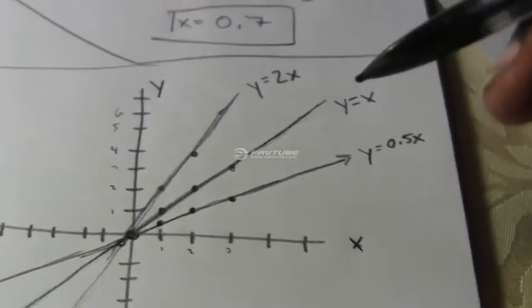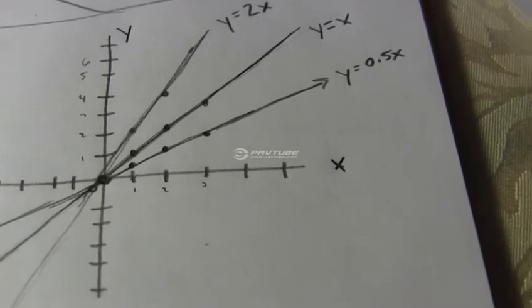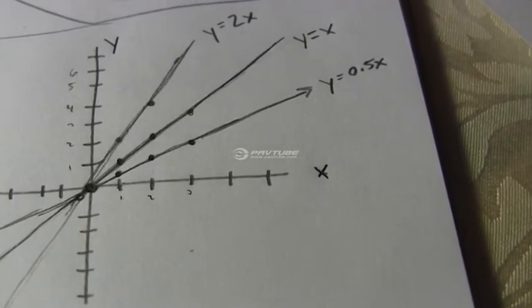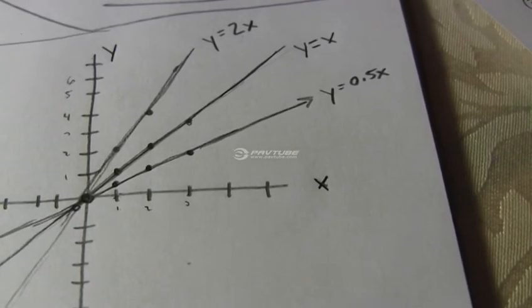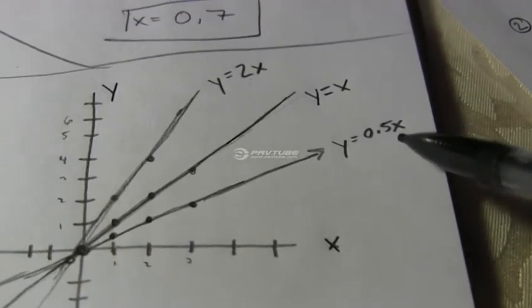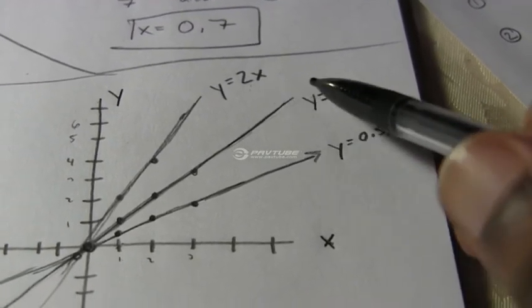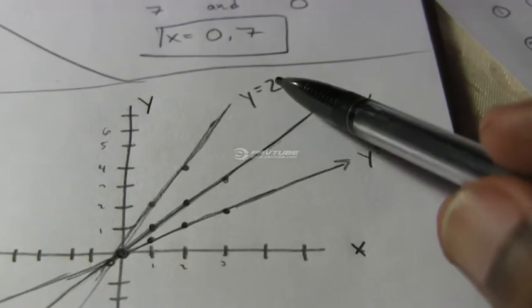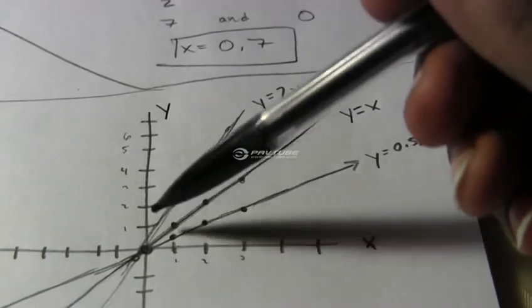You might think about it like climbing a hill, where they tell you the grade. If it's a 4% grade or a 5% grade, it means the hill is steeper, the mountain is steeper. A 1% or 0.5% grade is a less steep hill. So you look at this and say, okay, 0.5 is my grade, it's less steep. 1 is my grade, a little bit more steep than this one. 2 is way steeper. 10, and like I said, you keep going up. 3, you know,